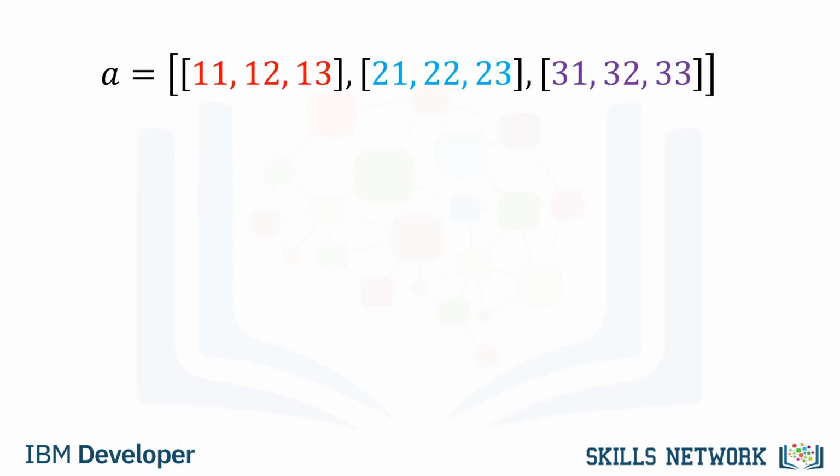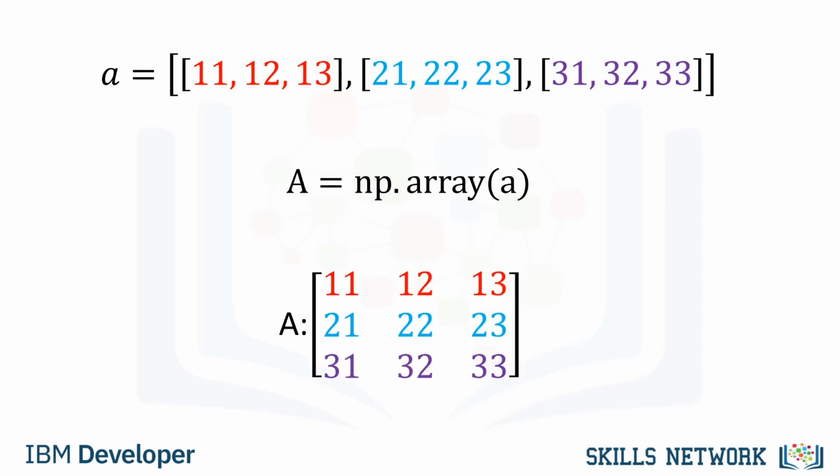The list contains 3 nested lists, each of equal size. Each list is color-coded for simplicity. We can cast the list to a NumPy array as follows. It is helpful to visualize the NumPy array as a rectangular array. Each nested list corresponds to a different row of the matrix.